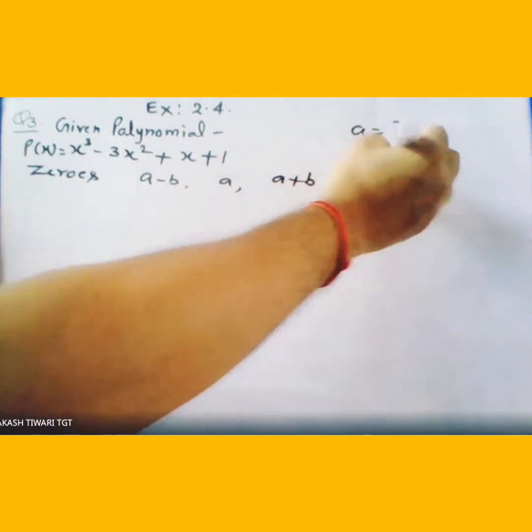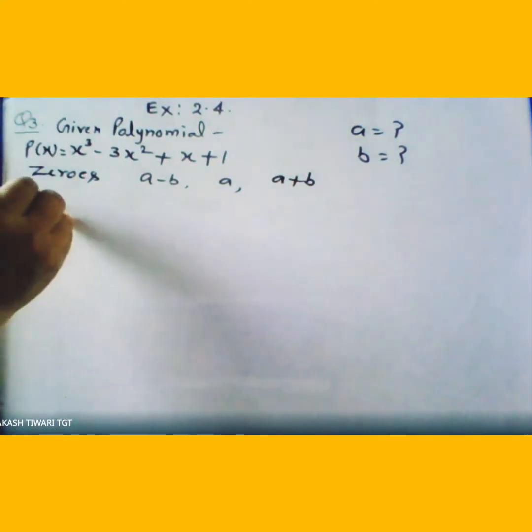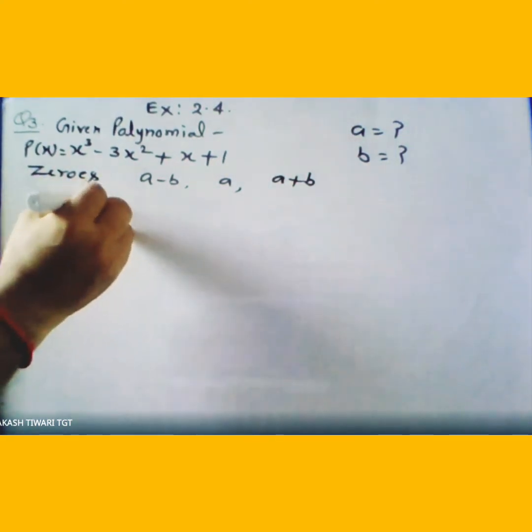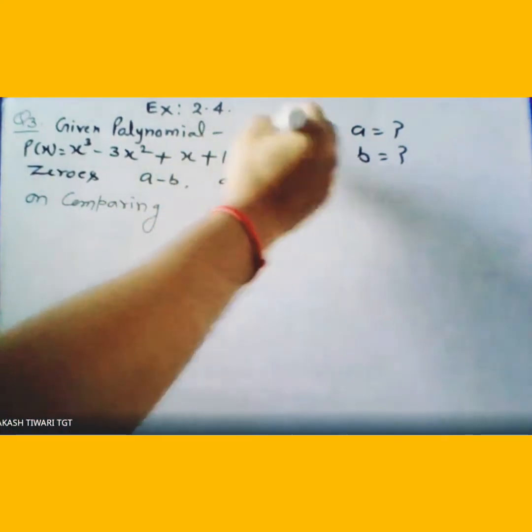a और b का आपको वैल्यू चाहिए. तो a और b का वैल्यू क्या होगा और उसे आप कैसे फाइंड करोगे? ठीक है, सो वेरी नाइस. लेट्स द स्टैंडर्ड फॉर्म ऑफ क्यूबिक पॉलिनोमियल on comparing. This is the equation number 1.